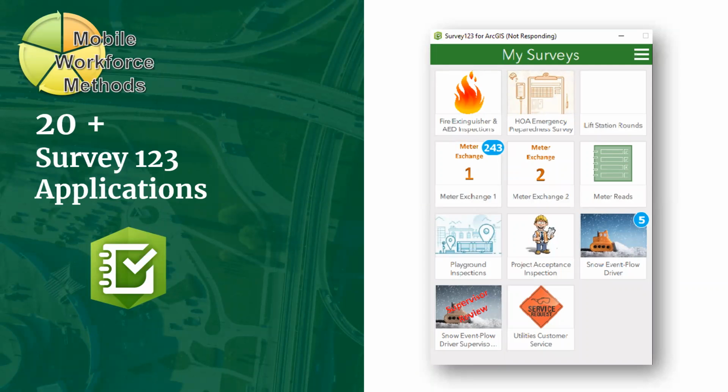Like I mentioned, we're using ESRI apps, mainly Collector and Survey 123, out in the field. You might be wondering how you choose which one to use. This is a guideline: the Collector apps are more map centric and the Survey 123 apps are more form based. We've used Survey 123 to improve our workflows as a form-centric data collection application, allowing for conditional responses. These two can also be used together, when you need to start with a map and then move into more of an inspection form. They work really well together, and we've been able to utilize that workflow.